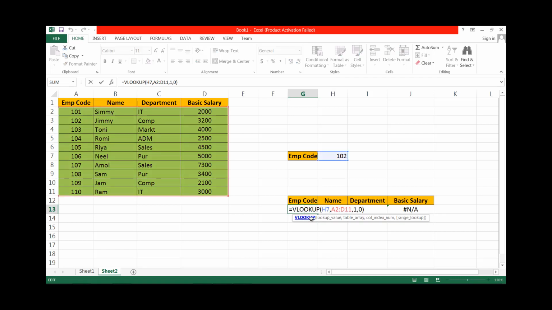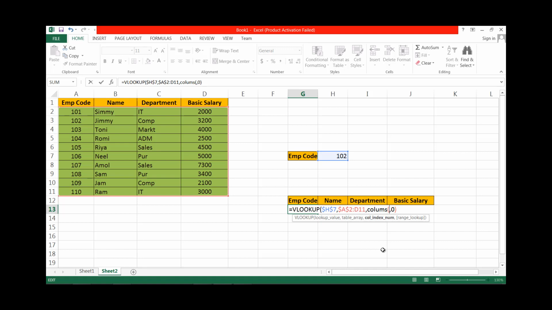Let us change the formula. Here our reference cell is fixed, therefore lock this cell by using the F4 function. Okay, this cell is fixed as well as our range is also fixed, therefore lock it with F4. Our range always starts from A2. Okay, then what will we do with this? Here, let us use one more function, COLUMNS.